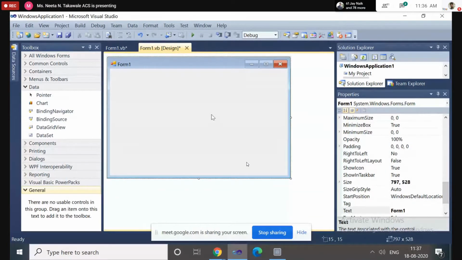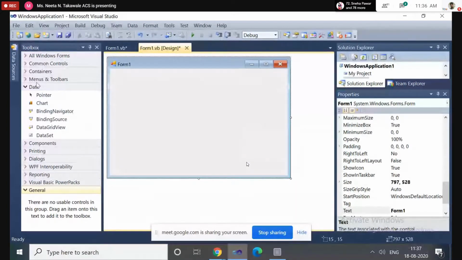The use of the OK button is what? When the user inserts the value and clicks on the OK button, that means that value is accepted by the program. Cancel means the program is not accepting the value. Okay, so now we will see how to use the input box in your VB.NET program.